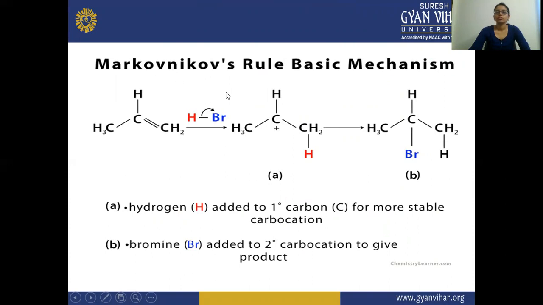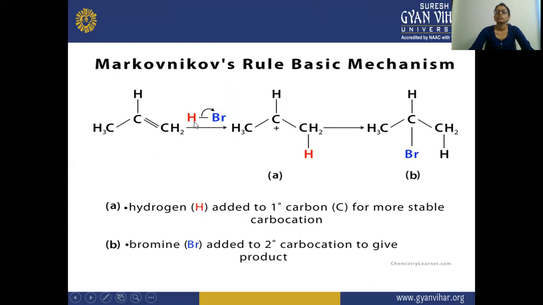So now the basic mechanism of the Markovnikov rule. In this you can see that the alkene is reacting with this HBr. The Br will withdraw the electron from this bond and get the negative charge, and this hydrogen will get the positive charge. After that, this H will attack this position. Here the bond shifting will also occur. This bond will shift from the double bond. The CH2 will withdraw the electron from this CH, so it will get the negative charge, and this middle carbon will get the positive sign.